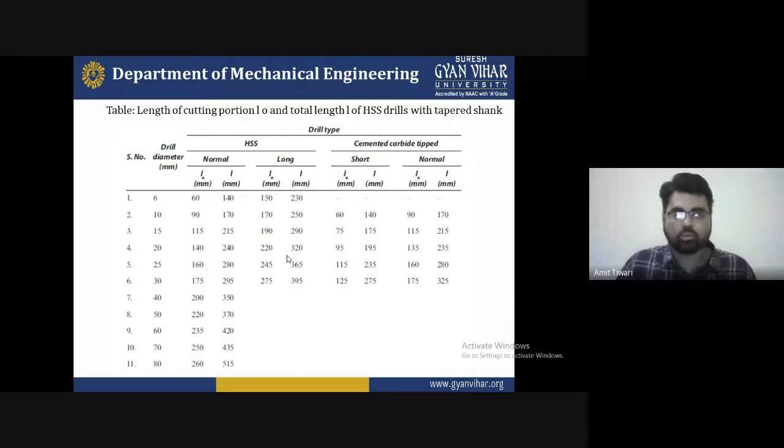So I hope you understand what the specific range is. These are the total 11 ranges to be considered here for making the high speed steel drill. This has to be used for the maximization and minimization of the drill for the high speed steel and for the cemented carbide tool. So with shorter distance and heavier tool, we can understand that for a variety of different purposes we have to select from the largest to the smallest, this type of pattern.